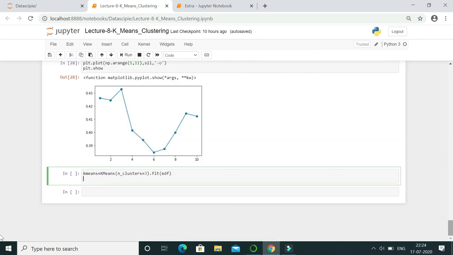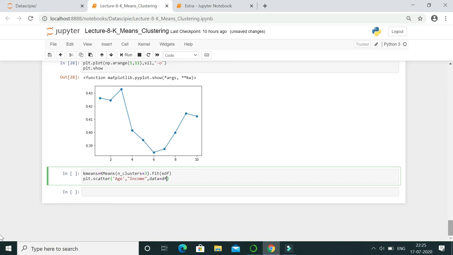Next we would plot our scatter plot. So plt dot scatter. What is the x coordinate? Age. What is the y coordinate? Income. Which data set do we use? The df data frame.